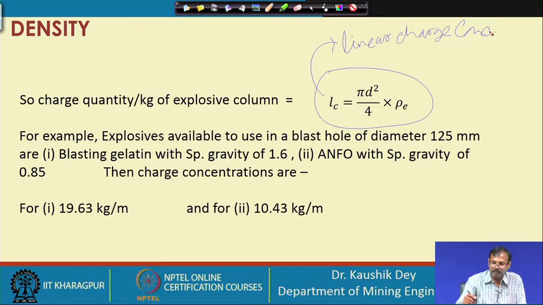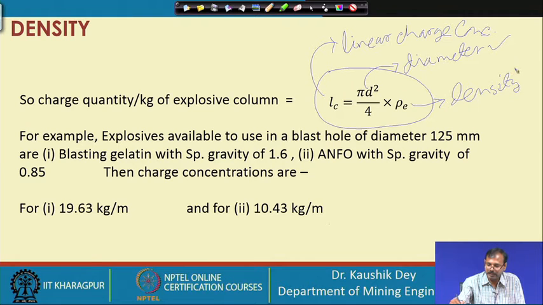So, the moment we are increasing the diameter, this is the diameter of the hole and this is the density of explosive. So, the moment we increase the diameter of the hole or we increase the density of the explosive, the linear charge concentration will increase. So, suppose we are having some explosive placed at this position